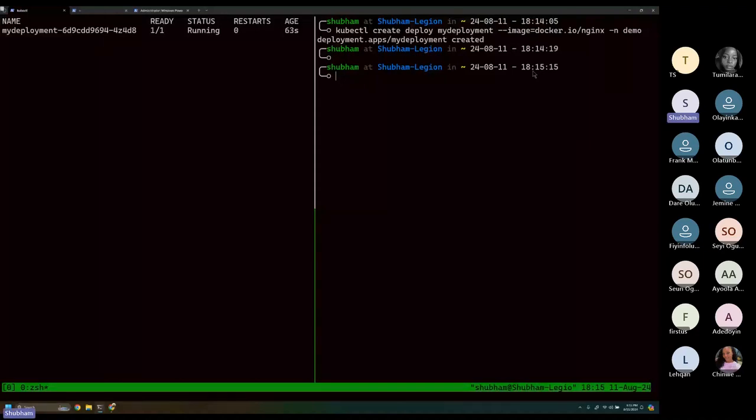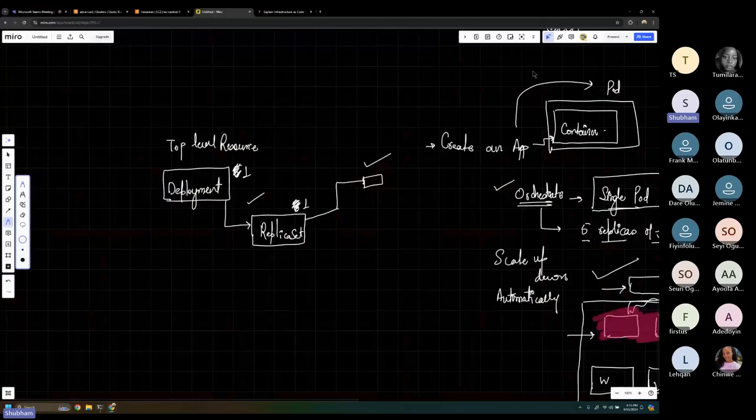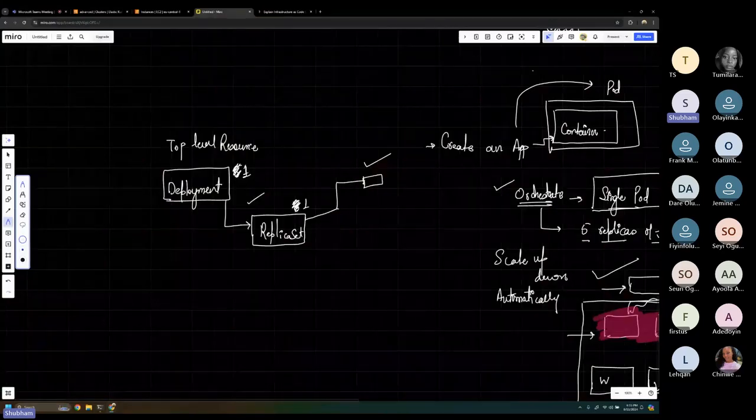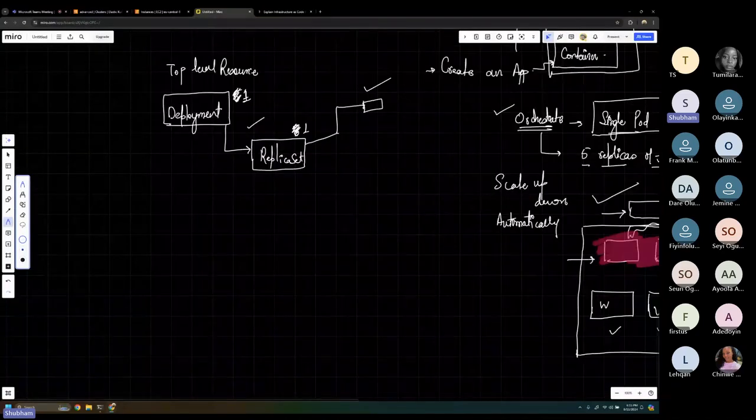I can say kubectl scale, please scale the deployment whose name is my deployment, which is in the demo namespace, and I want replicas for that to be 10. Now see what happens. Once you hit this command, Kubernetes will try to find, Kubernetes says, okay, you wanted, so soon as you do, see right now what's happening,